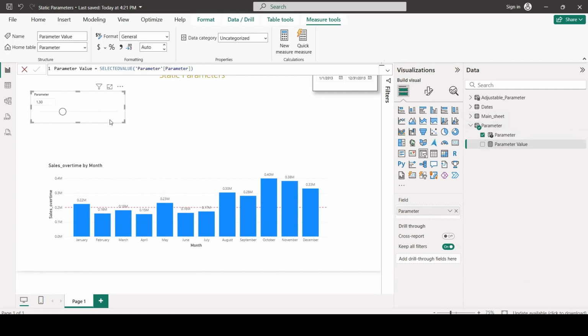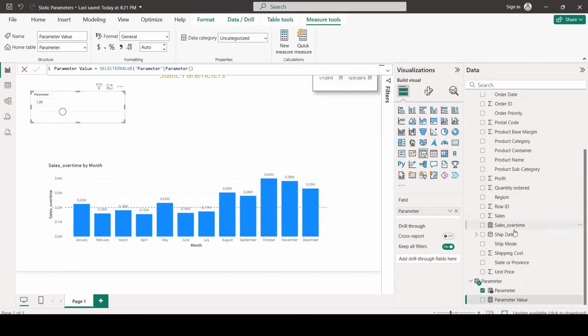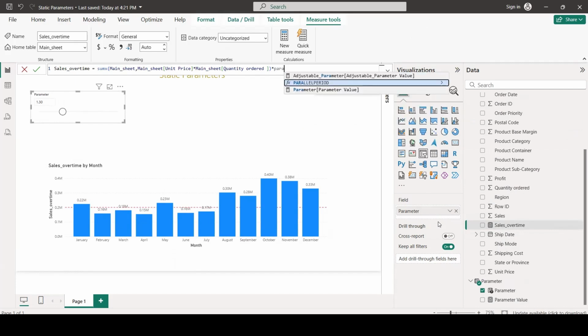So what we can do now, we can just also check the measure we just created, sales over time. And now we multiply with our parameter value, which will be actually the selected value. So I'll say parameter value, right?